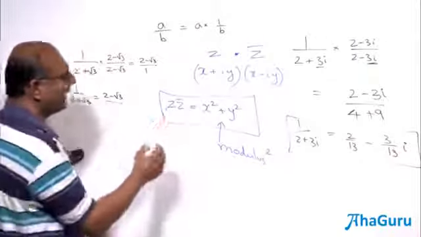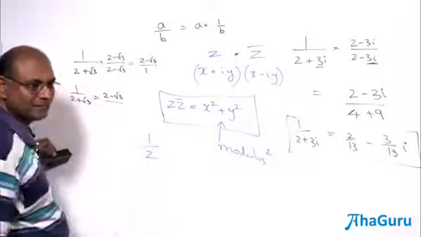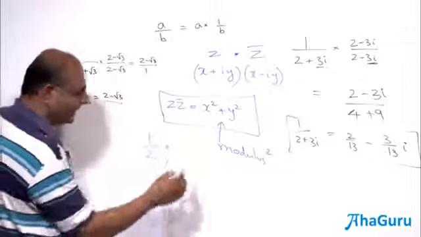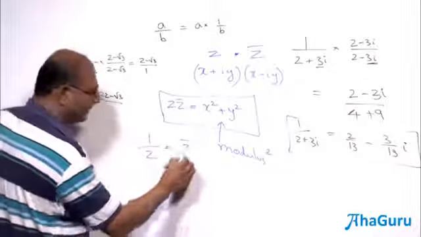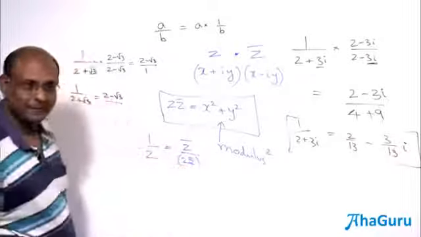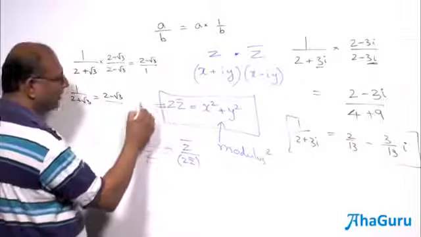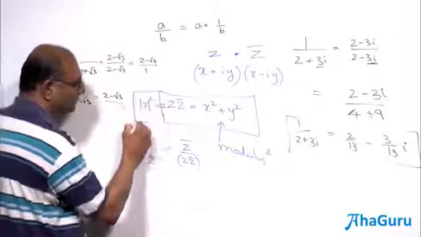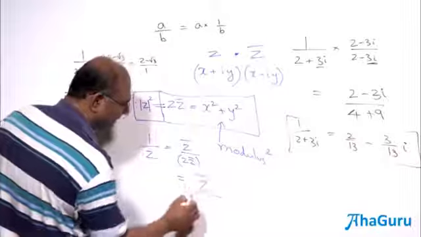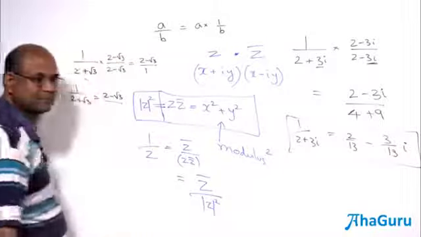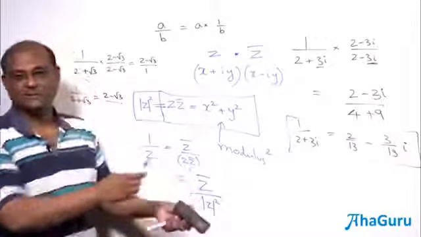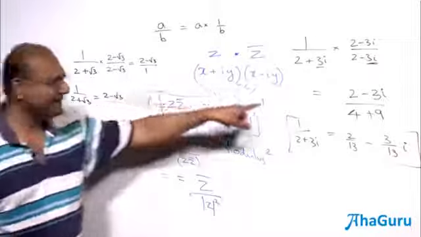So if I had a 1 by z, you can immediately think of what are we doing. We are going to multiply by z conjugate. You can write it as z conjugate by z z conjugate. Now this is going to be a real number. Okay, we will use the symbol modulus z square to talk about this. So I can rewrite this as z conjugate by modulus z square. So 1 by z is z conjugate by modulus z square.